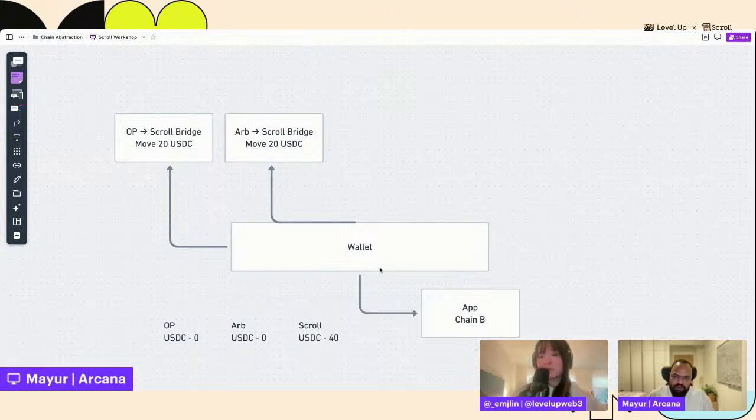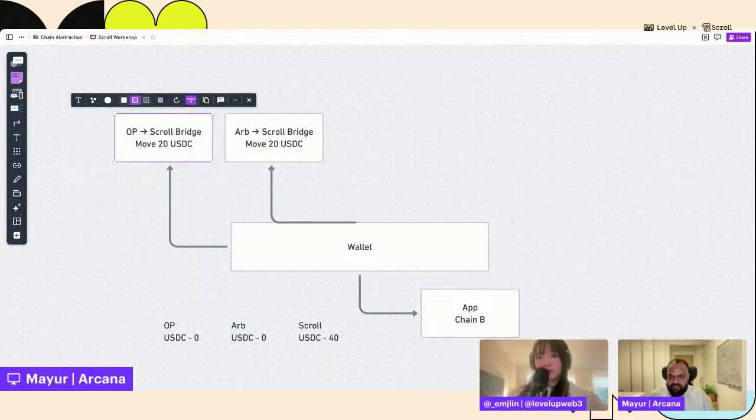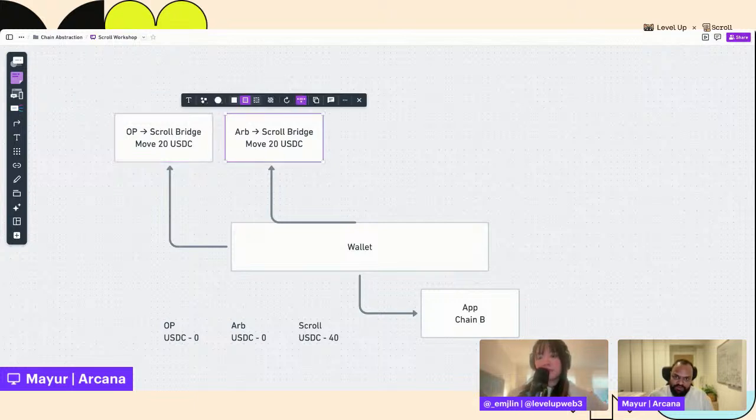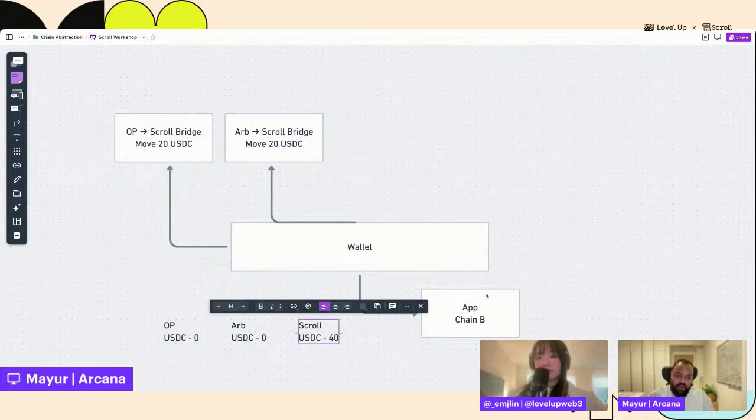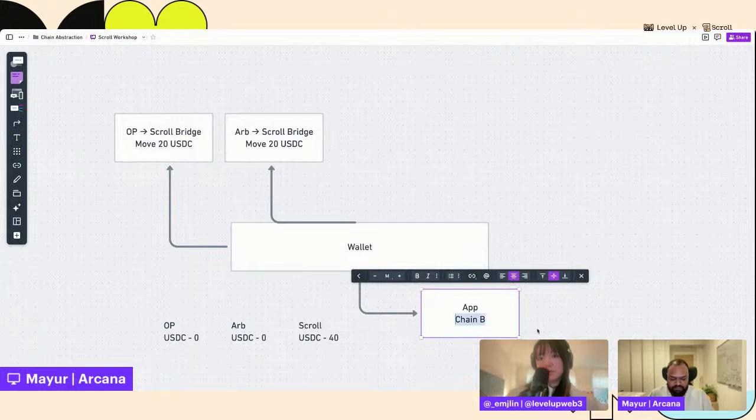So what I had to do to make all of this possible was go to one or maybe two different interfaces away from this app and manually move 20 USDC from OP to Scroll, then manually move 20 USDC from Arbitrum to Scroll, and then I have the 40 USDC that I can now spend on this app on chain B. Instead of chain B, just call it Scroll.